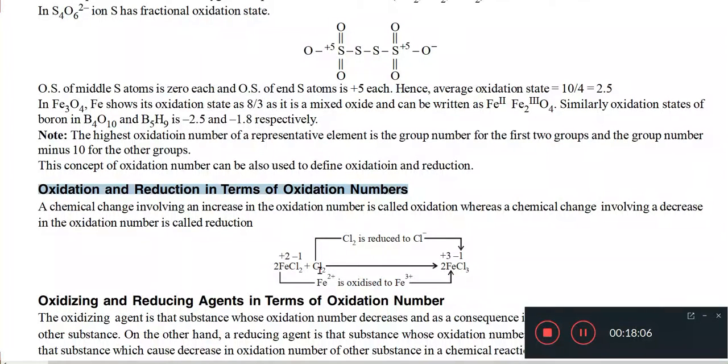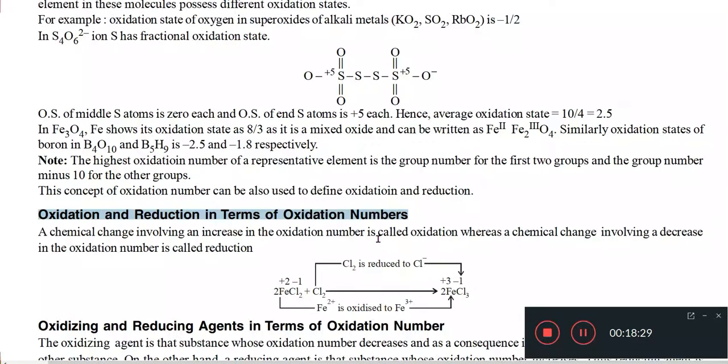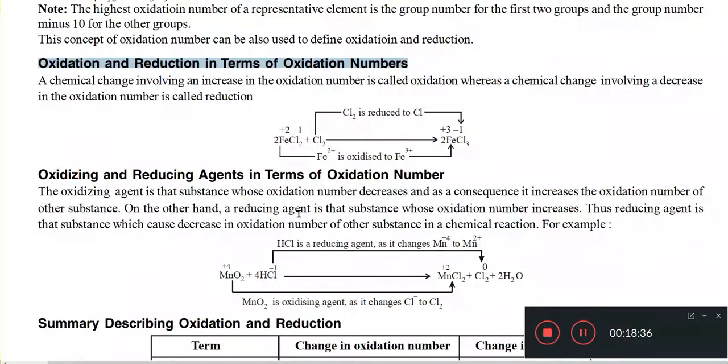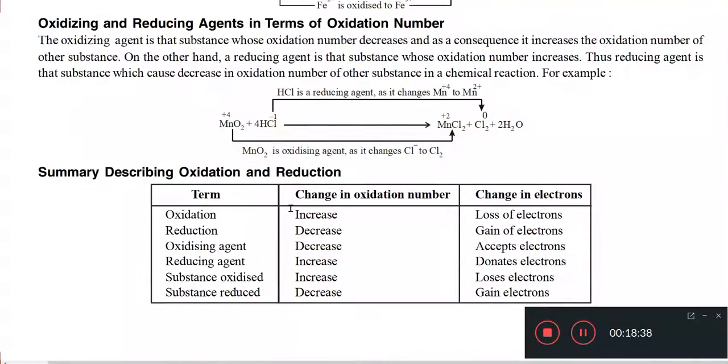Similarly, we already know that the oxidation number of chlorine is always 0. So here chlorine has 0 oxidation number. Here chlorine is -1. So 0 to -1, oxidation number is decreasing. If oxidation number decreases, then it is called reduction. I hope you understood. I will take a few more examples in order to explain how to calculate oxidation number in various compounds.